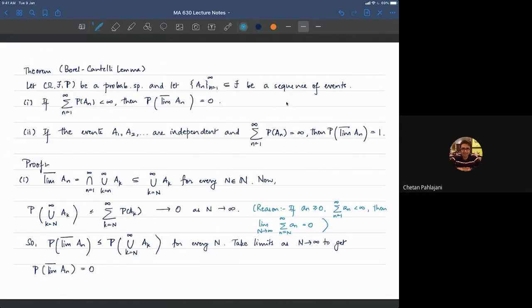So here is, I'm calling this a homework. You should do this. I am not going to collect this homework, but you should do this just to make sure you understand things properly. Okay, so here's what I'm saying. Let (Omega, F, mu) be a measure space.